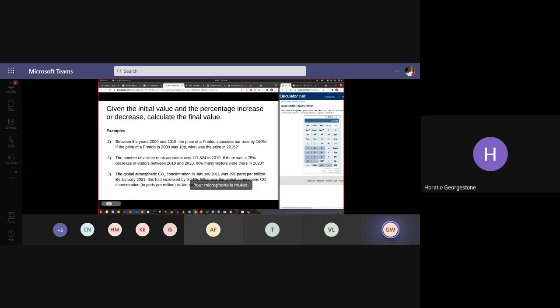Okay, and then lastly, the global atmospheric CO2 concentration in January 2011 was 391 parts per million. By January 2021, this had increased by 6.14%. What was the global atmospheric CO2 concentration in parts per million, January 2021? So really quickly, this will be the last thing we do. Let's find 6.14% of the original value. So 0.0614, that's our conversion to decimal, times 391 equals that. That's the amount of increase. Then we add that on to the initial amount, 391, and we get